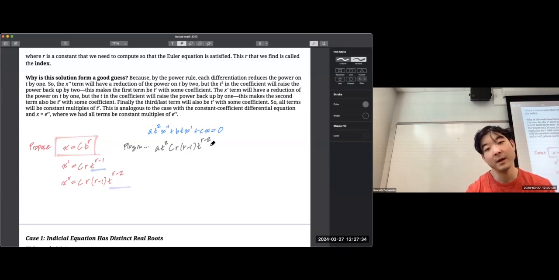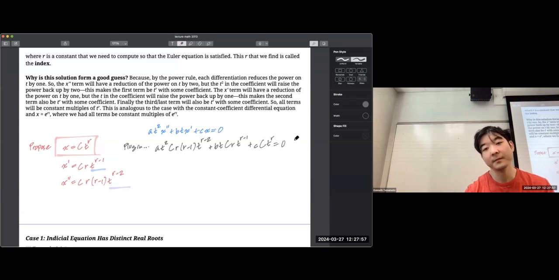That's x double prime. Plus b t, x prime is this right here, so I'll just say capital C, r, t to the r minus 1. And then the last term is a little c. Just to make it clear that this is a little c, and then this capital C, t to the r,